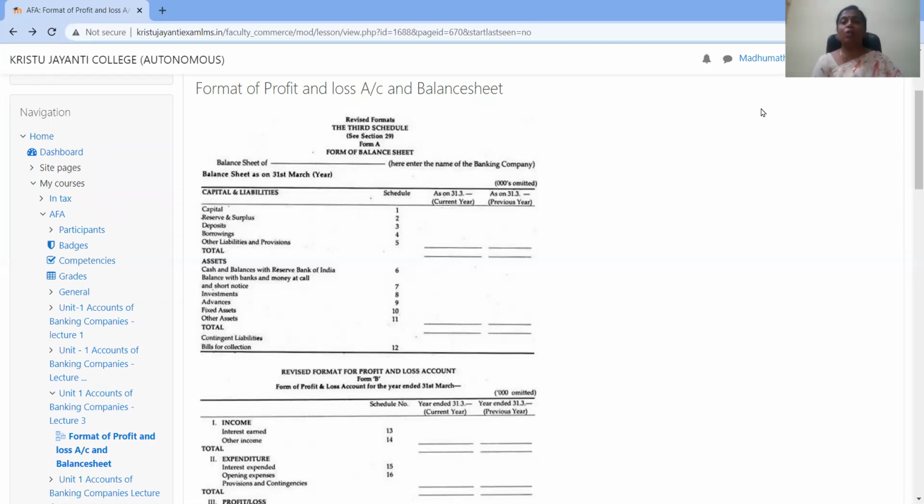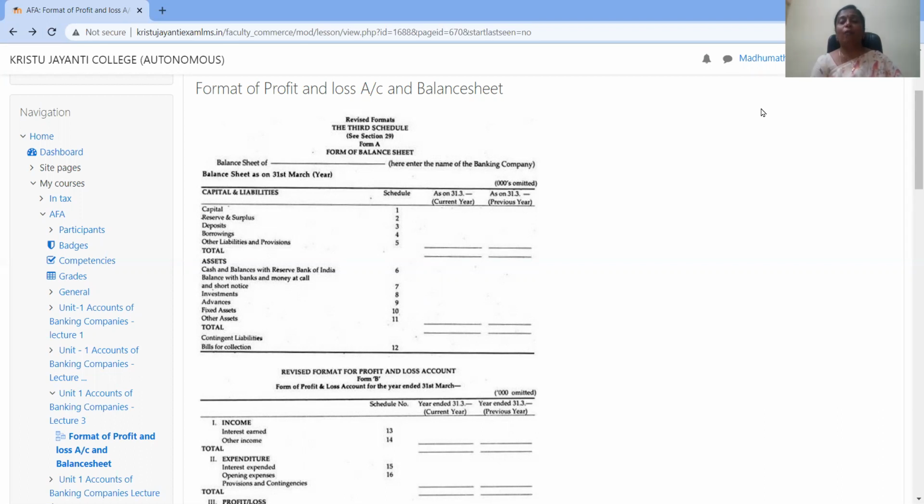The entire balance sheet gets divided into two groups. One is your capital and liabilities. The other one is your assets, and any contingent liability, if it is there, that will be schedule number 12. So contingent liabilities, bills for collection, which is not related to banks. So any activities which are not related to the bank, if they are there, will come under your schedule number 12. So we will just check the balance sheet as well as the profit and loss account format today in this